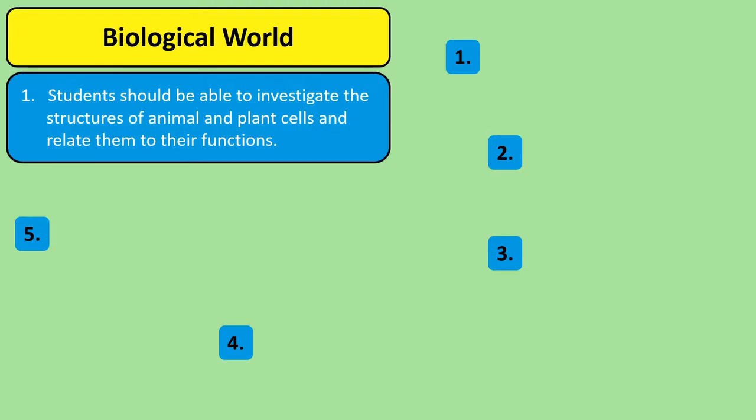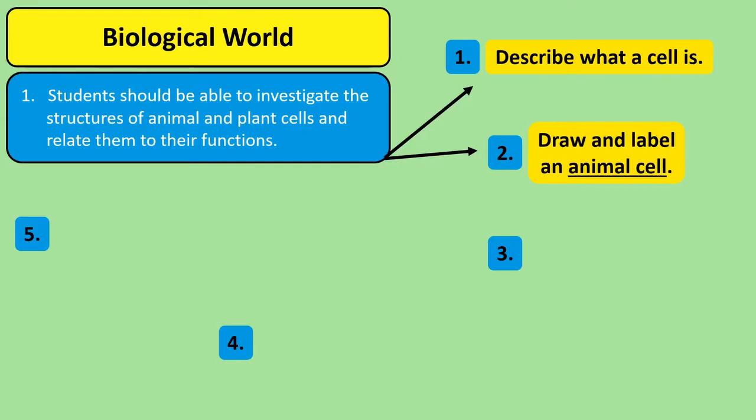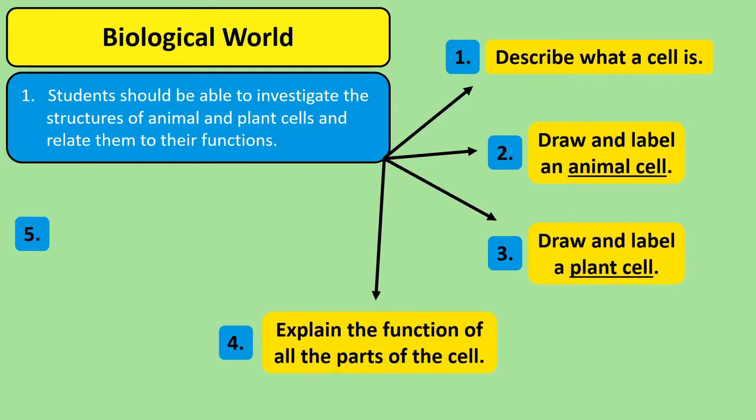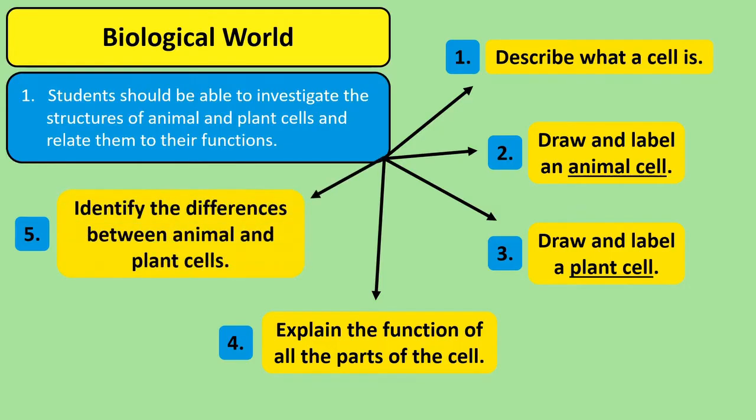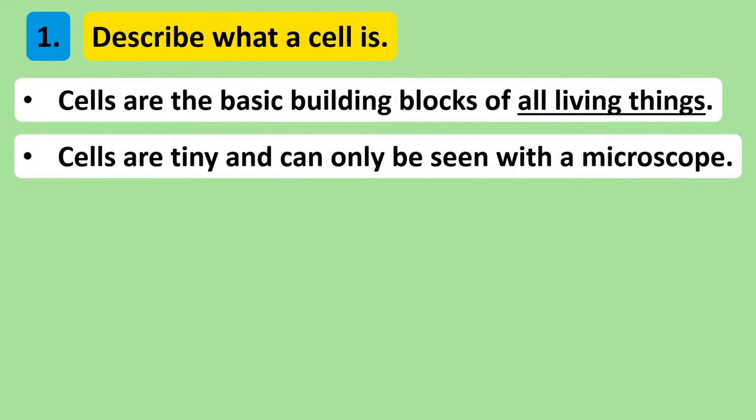So for the first concept, you need to be able to describe what the word cell means in biological terms. You need to be able to draw and label an animal cell, as well as a plant cell. You need to be able to explain the function of all parts of the cell. In other words, you need to be able to say what everything inside an animal and plant cell does. And lastly, you need to be able to tell the difference between an animal and plant cell. So starting from the top, we'll go through each of these concepts one by one, beginning with what exactly a